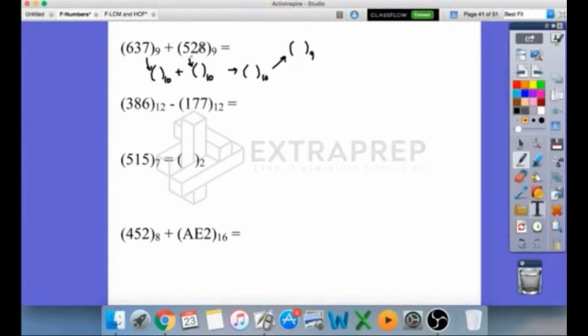Converting base 9 into base 10, because decimals are easy for our calculations, and then you add them up, you'll get an answer in decimal. You'll have to convert that into base 9 again. Okay, so this is a long procedure. In case of multiplications and divisions, maybe we can convert everything into decimals and then solve problems. But since addition is easy and they're still in base 9, what we can do is we'll take the numbers directly. 637, 528. You have to add them up.